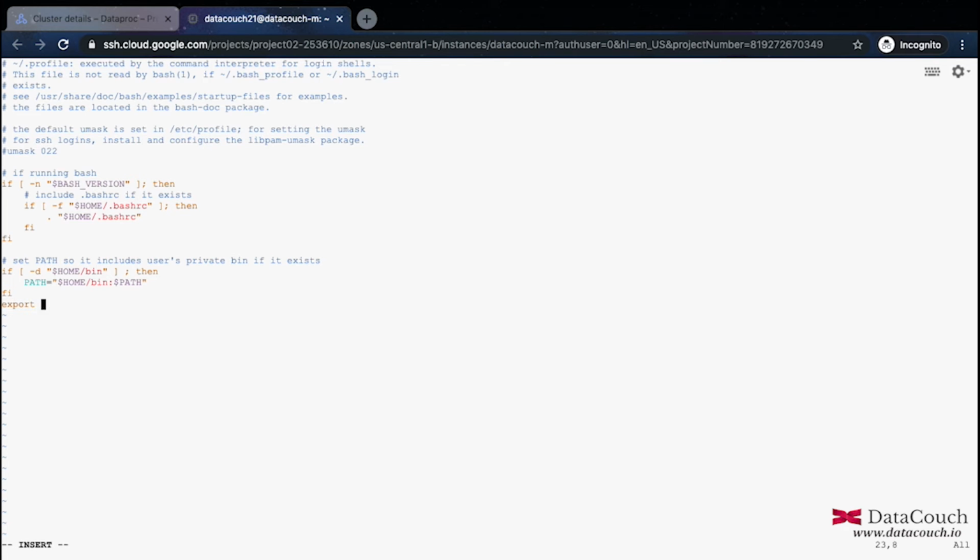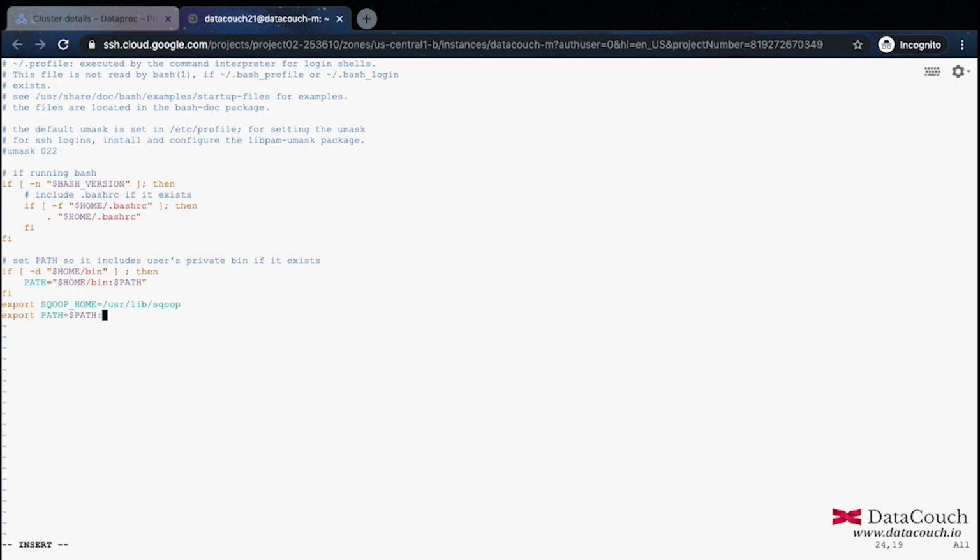So I will be writing sqoop. I'm exporting a couple of environment variables here. I'm doing export SQOOP_HOME equals /usr/lib/sqoop. Okay, so this is fine. Next is another export command that I want to write here: PATH equals $PATH, then a colon.